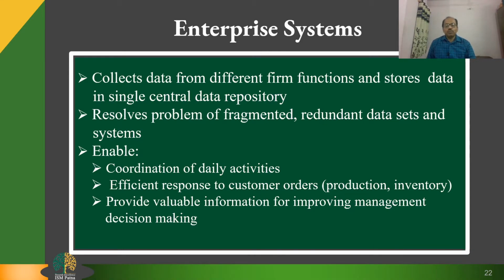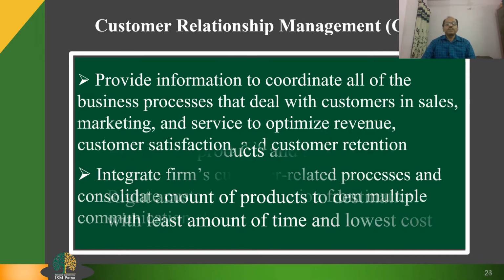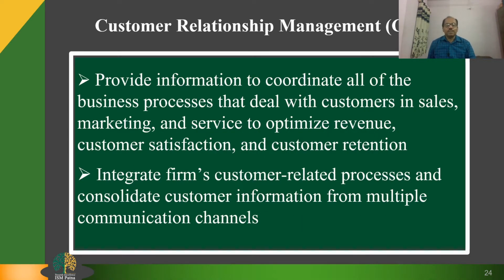Here it is required to note that enterprise systems are referred to in some firms as enterprise resource planning systems, that is ERP systems. Supply chain management, that is SCM. SCM systems are inter-organizational systems automating the flow of information across organizational boundaries. This distinction is important because SCM systems must be designed with the business processes of potential partners and suppliers in mind. The next one is customer relationship management, that is CRM.